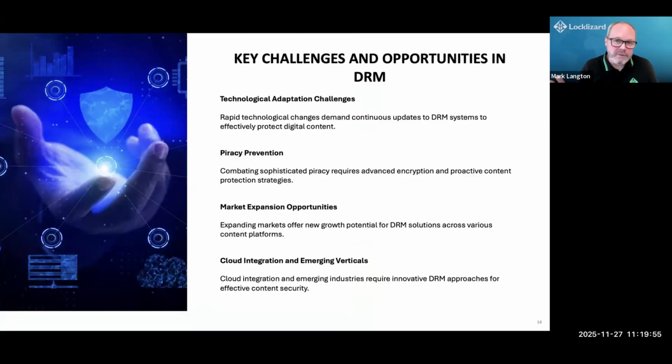So, technical key challenges: the technical adoption or adaptation. A lot of people are not aware that there are enterprise grade DRM technologies available. A lot of the challenges that most organizations face is scalability. So when looking at DRM capability, not only do you need to look at your frameworks and decide what it